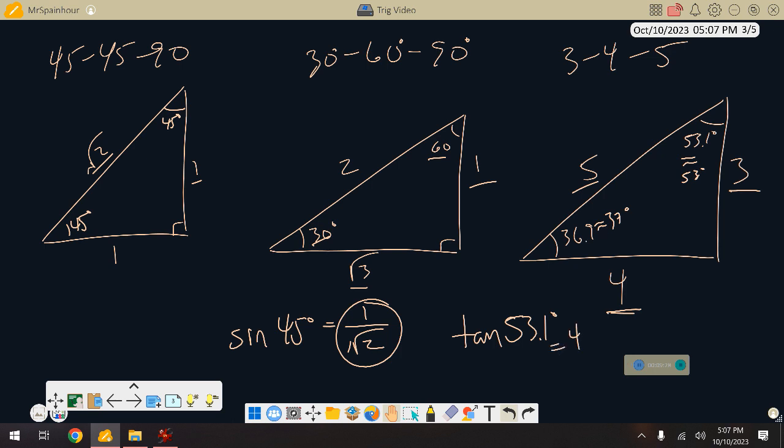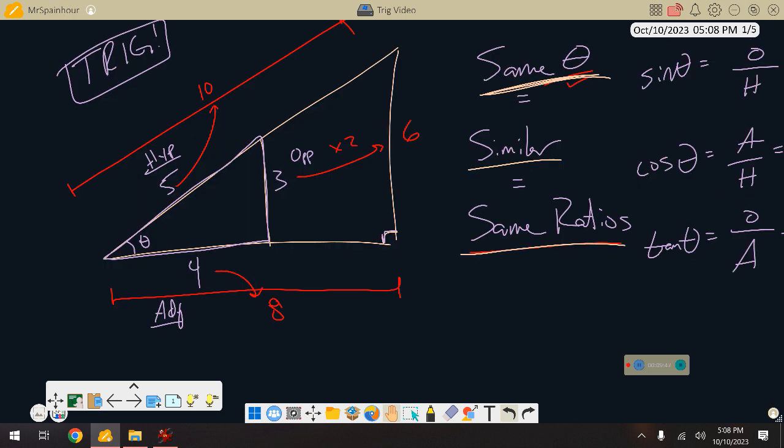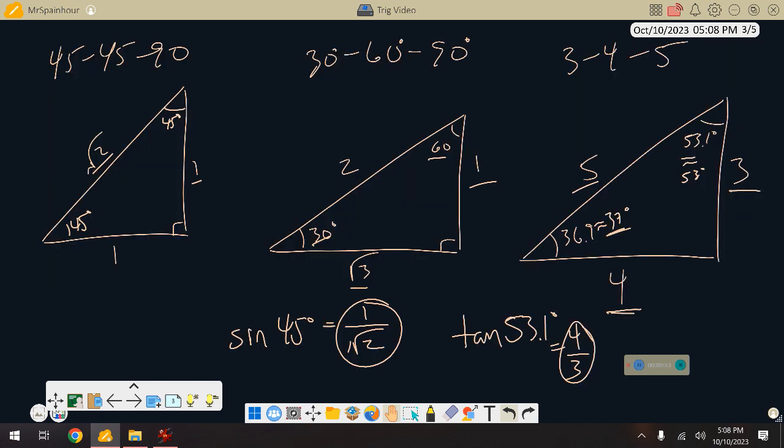And the adjacent is going to be 3. So there is the tangent of 53.1. Okay? You might note, by the way, that this 3, 4 triangle is the small triangle that we had on the first page. So this 37 degrees is actually what this angle was here the entire time. Now,